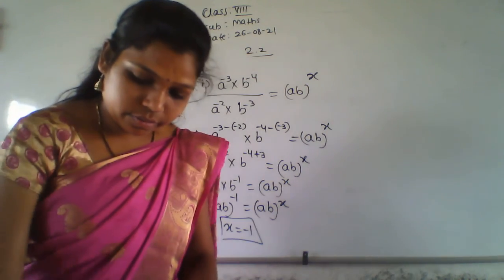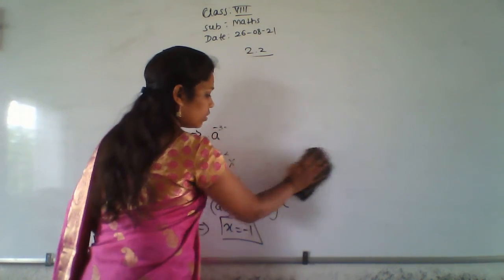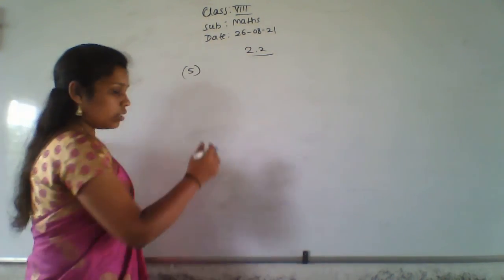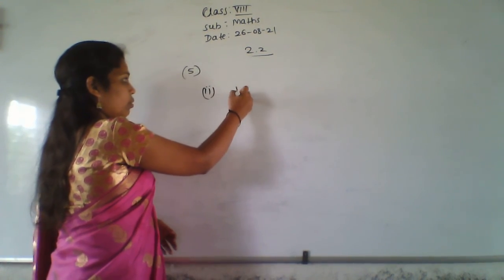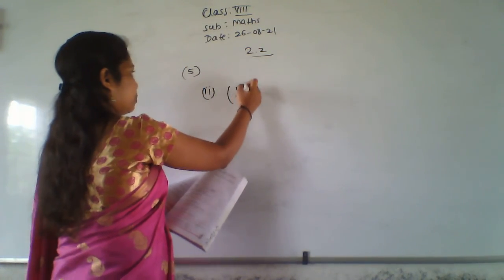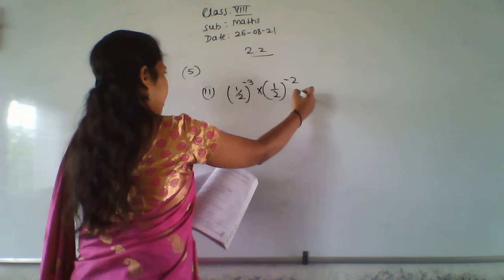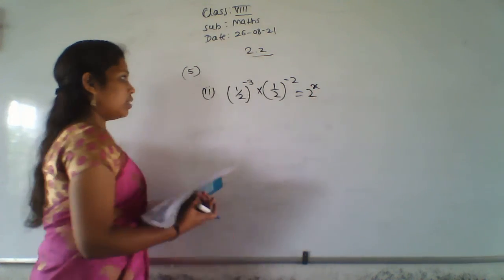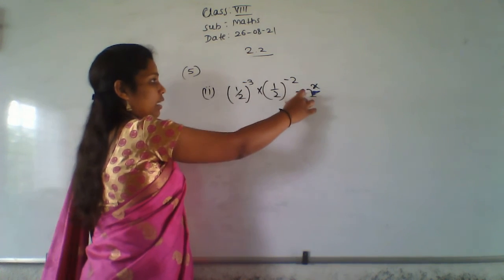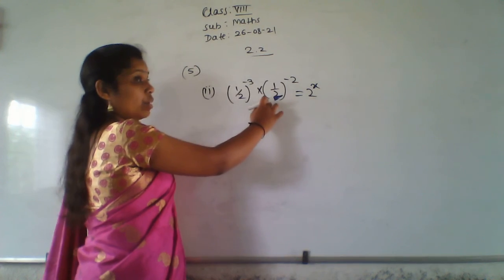So next one. What is the next question? Solve. Second one: (1 by 2) whole to the power minus 3 into (1 by 2) whole to the power minus 2 is equal to 2 to the power x. Right? So same thing, a to the power m into a to the power n